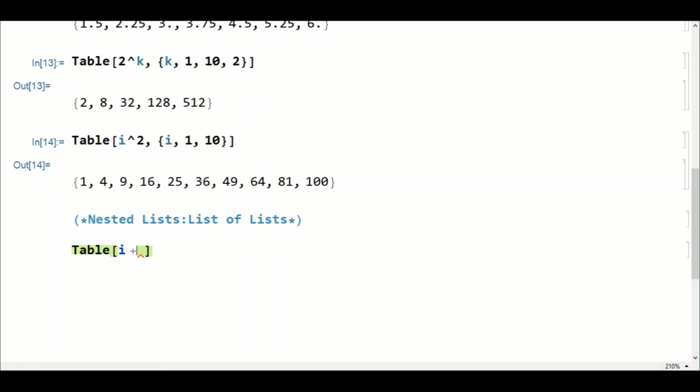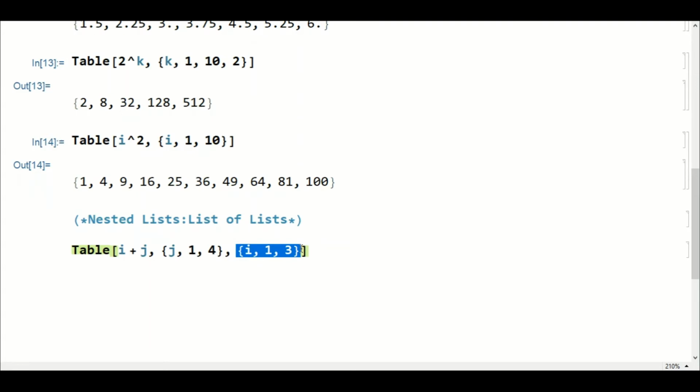So here you can see that there are two variables. Let me take j varying from 1 to 4, and i is varying from 1 to 3. So what does it mean? This is known as the inner iterator, and this is known as the outer iterator.